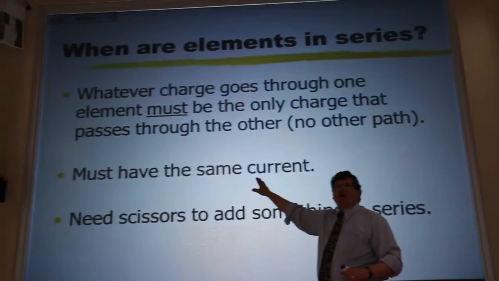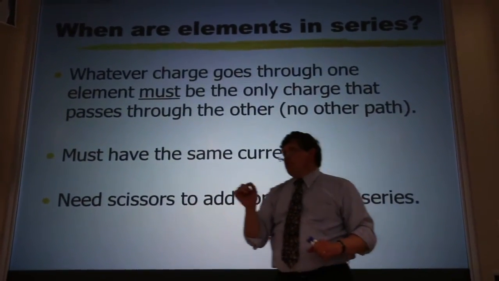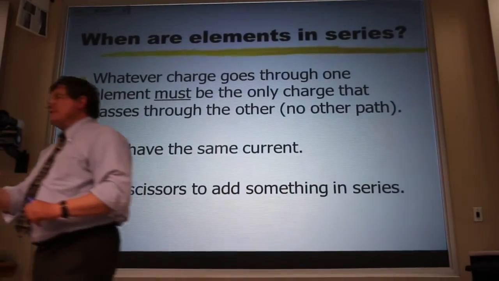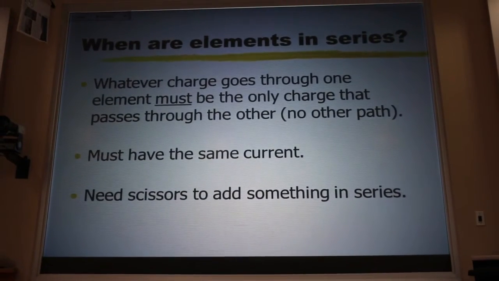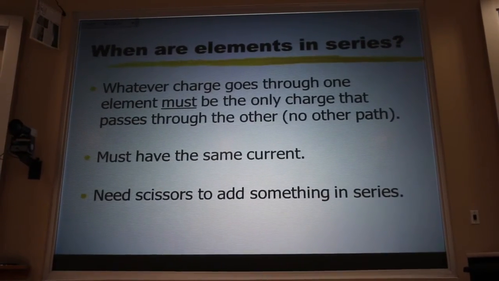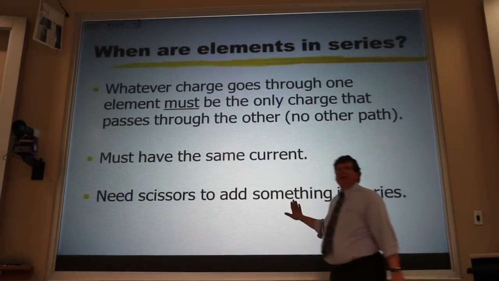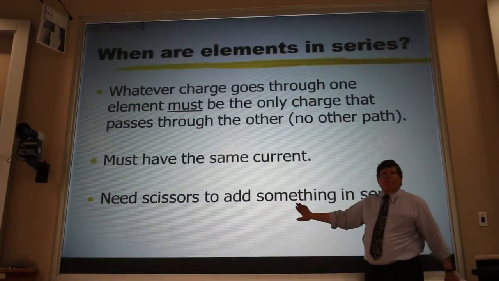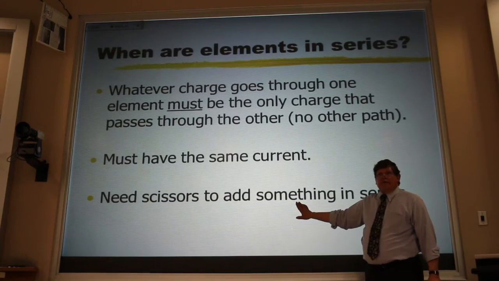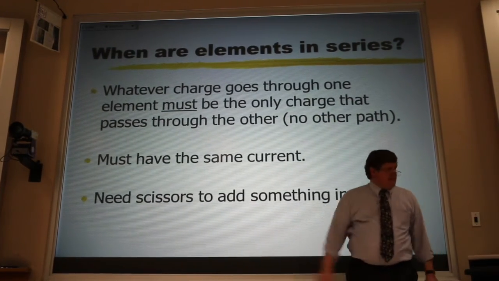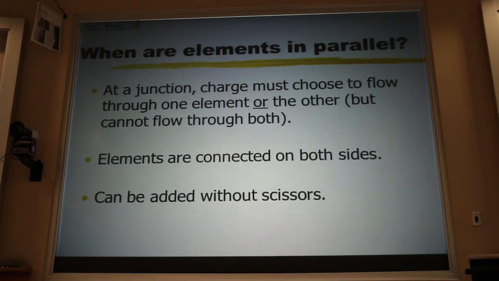Now, things in series have the same current, not just the same value, but the same current, the same Fred and his friends. It flows through one and then it flows through the other. And we need scissors to add something in series. Unless we're doing it at the whiteboard, then we can use an eraser. Okay? When we add something in parallel,